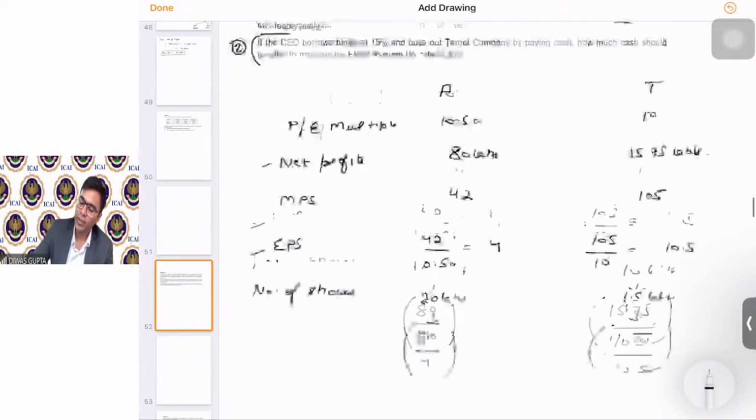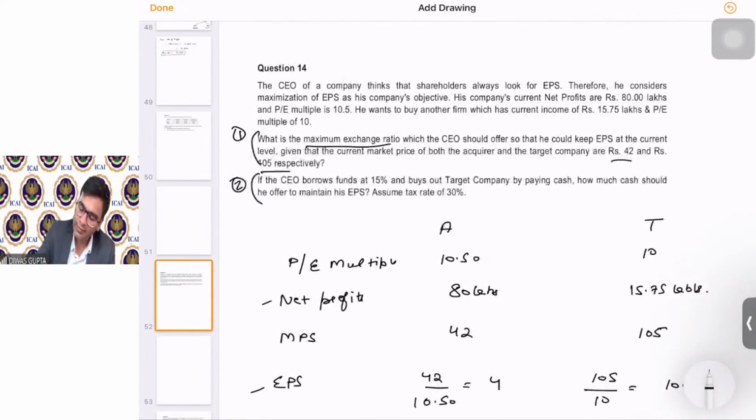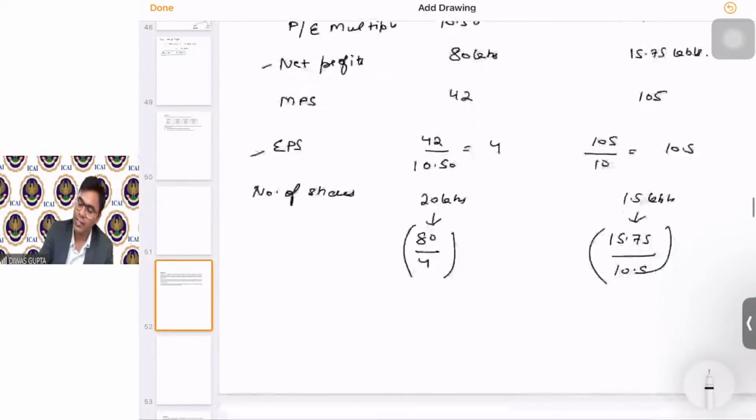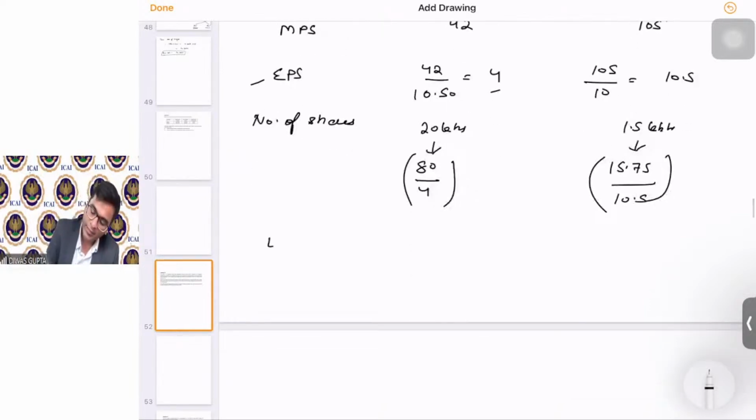Now, the question says that what is the maximum exchange ratio which CEO should offer so that he could keep the EPS at the current level? What is the current level EPS? 4 rupees, right? So can we say that let the number of shares to be issued to target company